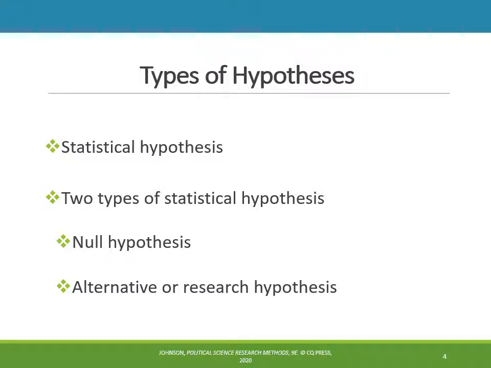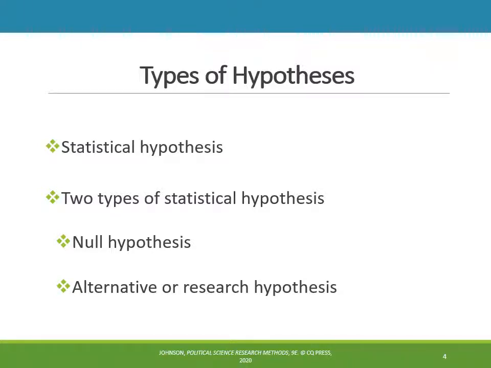So let's think about it with our example we've used throughout the semester, education and income. A null hypothesis would say there is no relationship between education and income. An alternative hypothesis would say that there is a relationship between education and income. If we wanted to make a directional alternative hypothesis, we would say that as education increases, income increases, or as education decreases, income decreases, or as education increases, then income decreases. Those are all examples of directional hypotheses. Now, the direction could be a positive or a negative direction. It could be an inverse